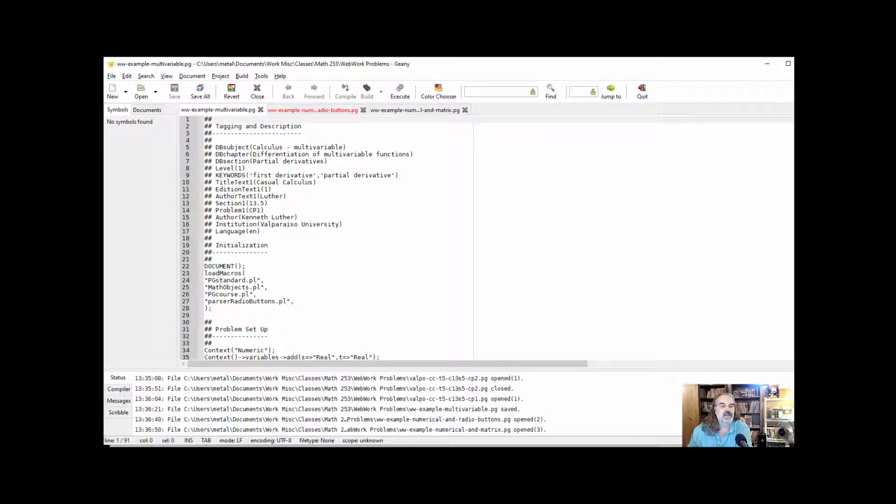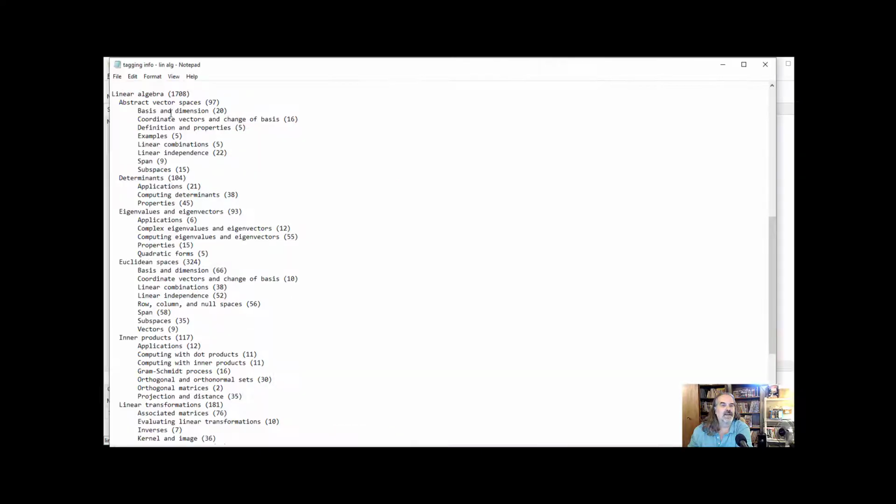If we take an example from linear algebra, from Math 260, linear algebra is the global category for that subject, and then there are different chapters, quote unquote, down below. Math 260 is never going to do inner products or anything serious with linear transformations. We'll be doing some spans and linear combinations and linear independence at some point. But right now,